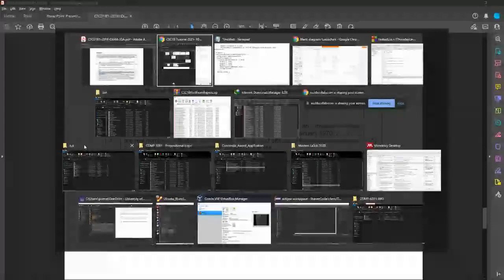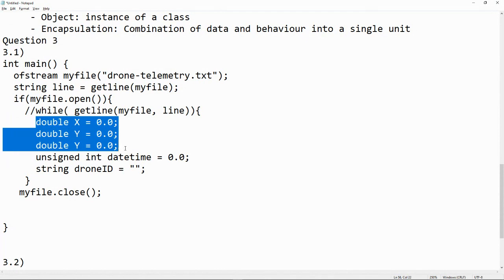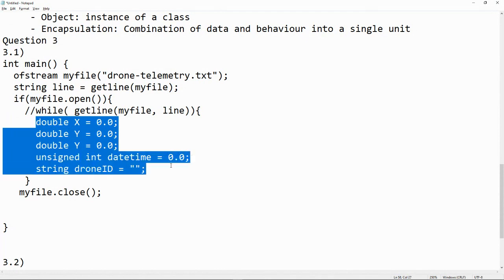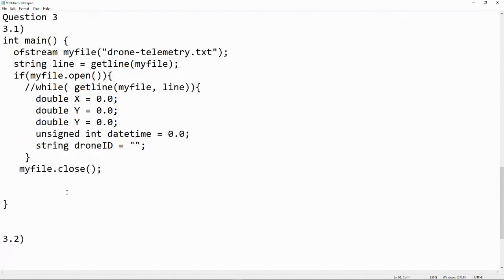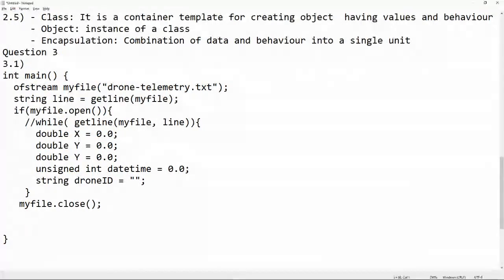So this was 3.1, 3.2. So we need to define a structure. Alignment padding disabled. So what we'll do is